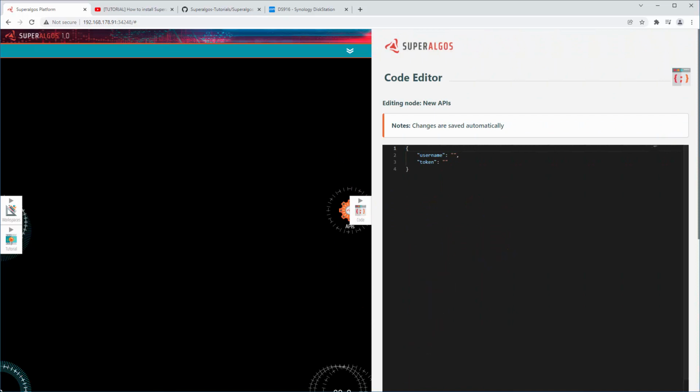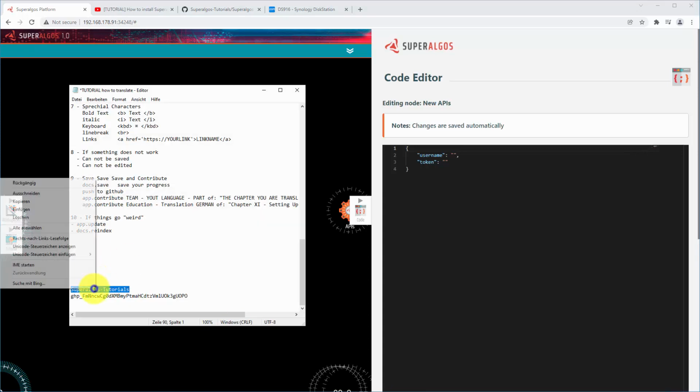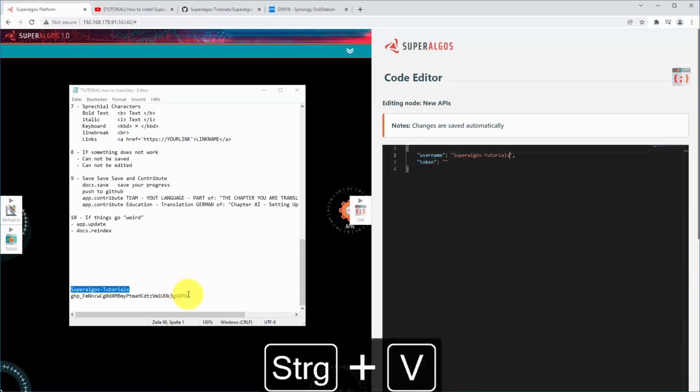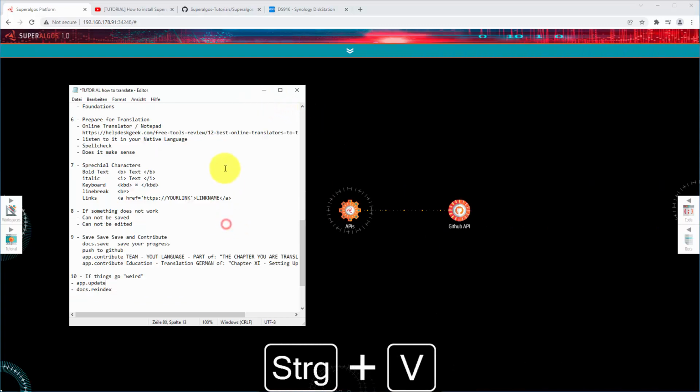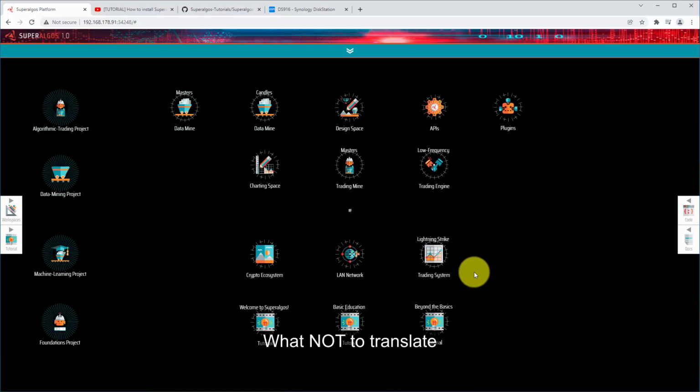You can paste in your GitHub username and your GitHub personal access token between the quotation marks. So just copy them and paste them in. I have explained how to get your GitHub username and personal access token in the first video.